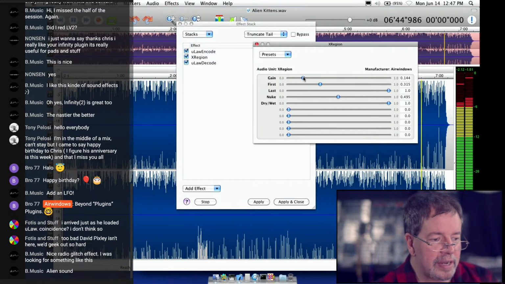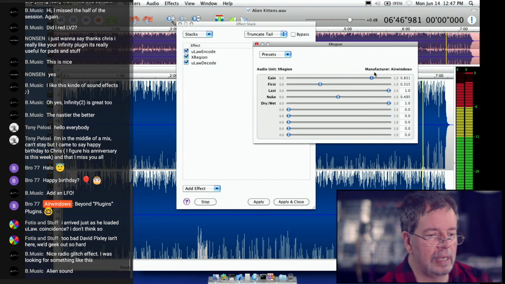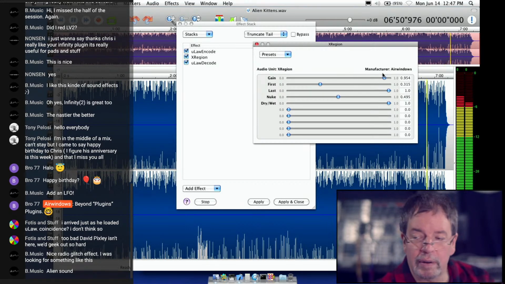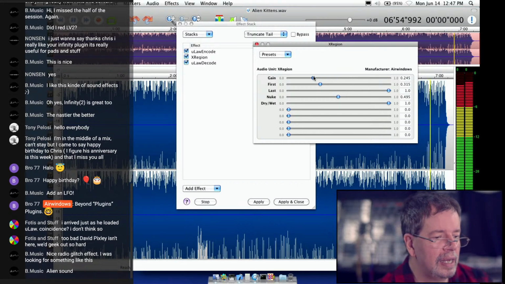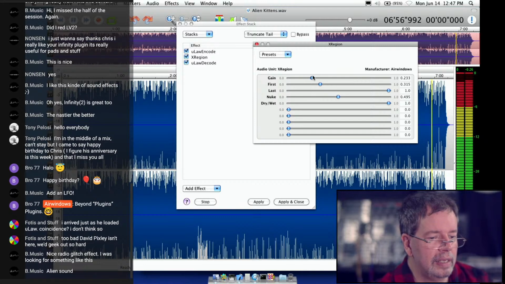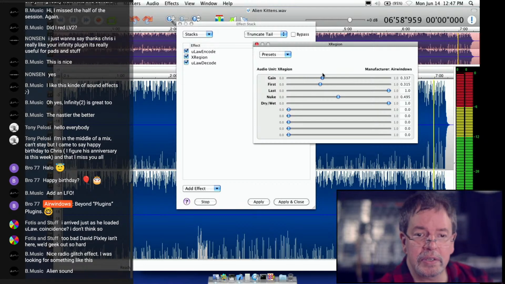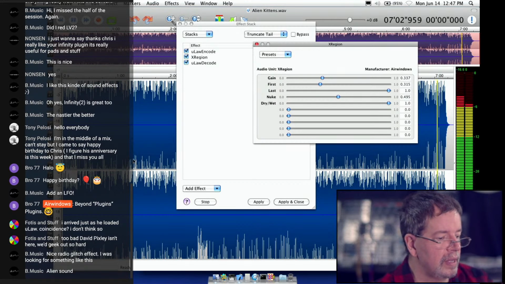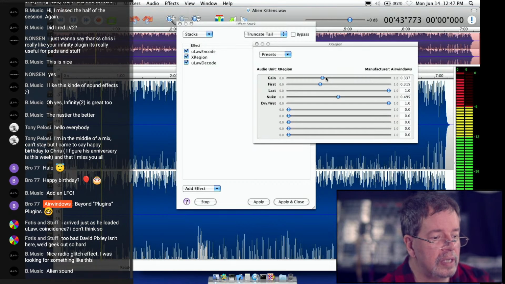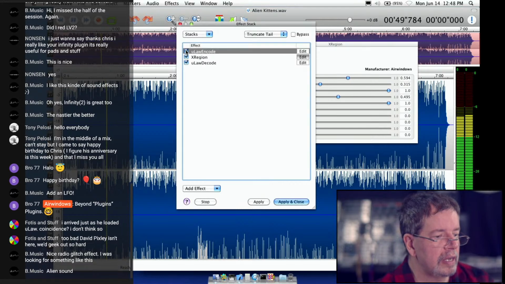So there you are. Now it sounds like the inside of a hard disk. And this whole crackliness is just coming out of the interaction between ULaw and the underlying noises. And without it,